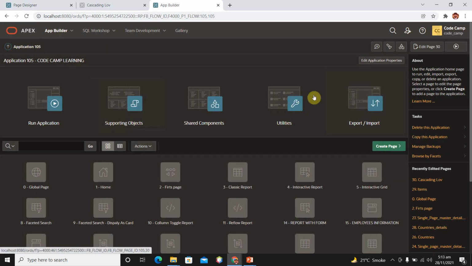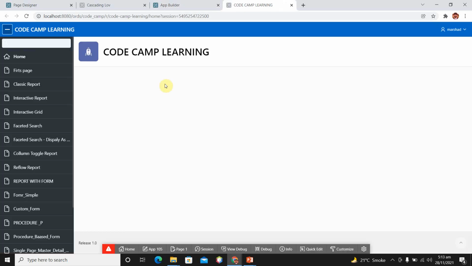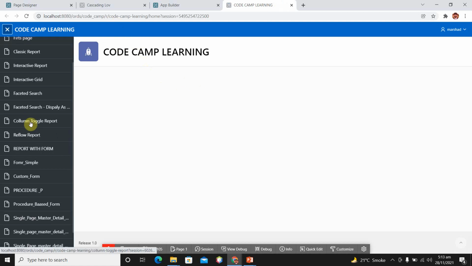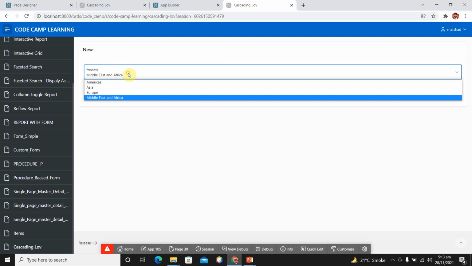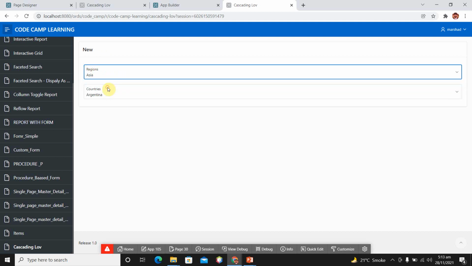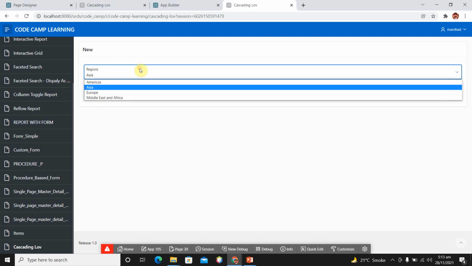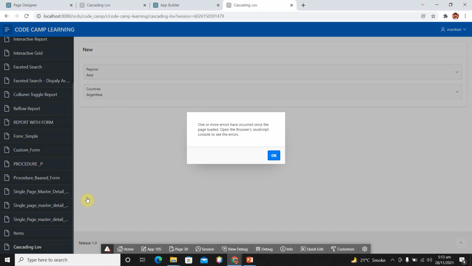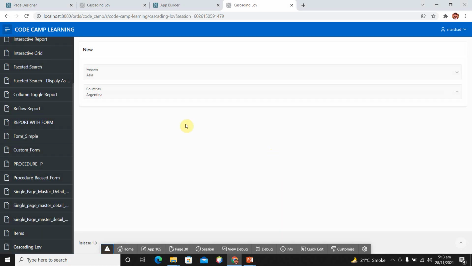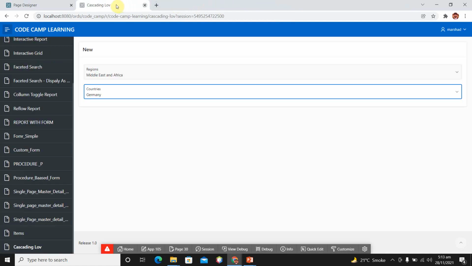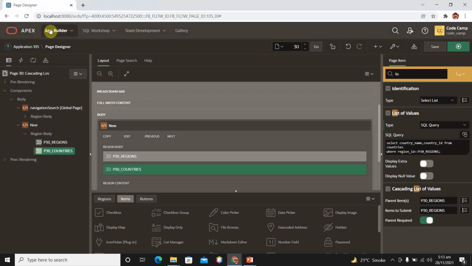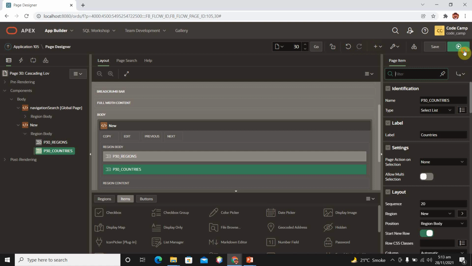Okay, run your application. Here we have a page, cascading LOV. Select Asia. It is still not working. Okay, let me check. Here we have an error, and okay, restart your application, or run it again.